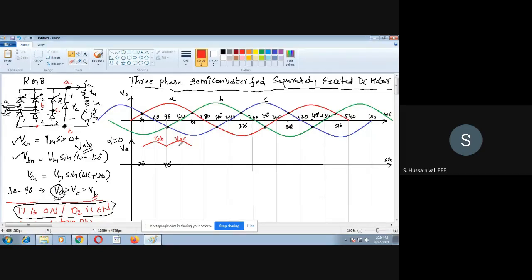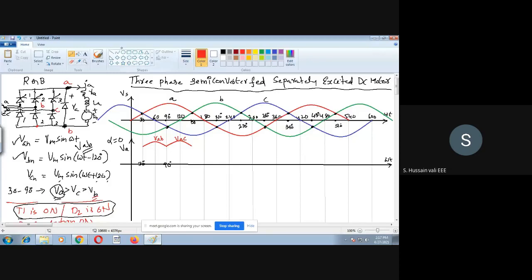I will tell you the logic here. For every 60 degrees, you will find this difference. From 30 to 90 it is the first 60, then 90 to 150. The simple logic is that in each duration, one will always be highest and another will be lowest. For example, if you take 150 to 210, in this 60 duration, the highest one is the green color. Which is the bottom one? The blue color is the bottom. The blue color is C, whereas the top is B. So you will get BC. BC is the next one.